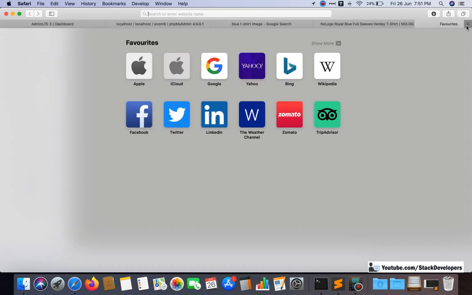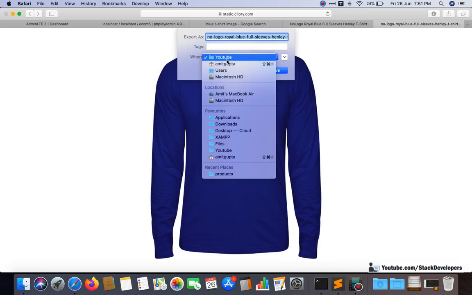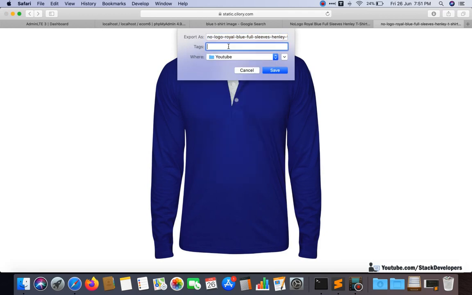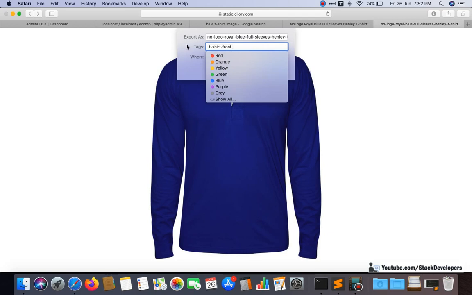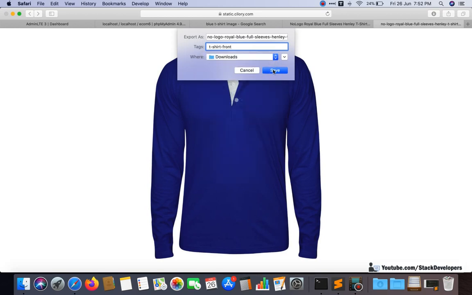So I'm going to save this one, File, Save As. We can save anywhere. Okay, fine, t-shirt front, and I'm going to save it. I'll put it in downloads, and t-shirt front is fine.